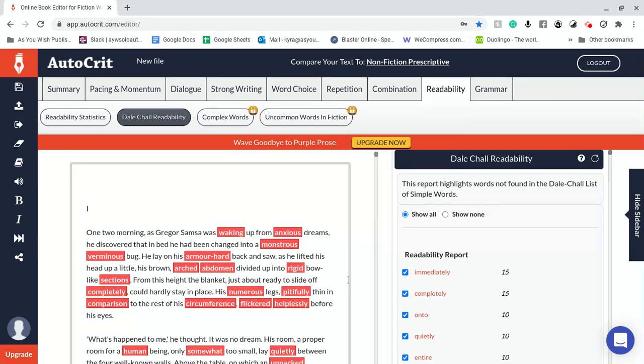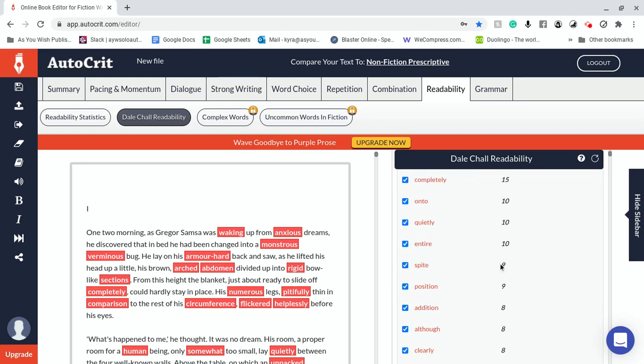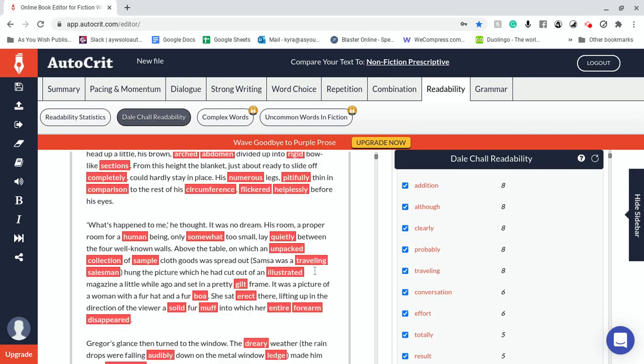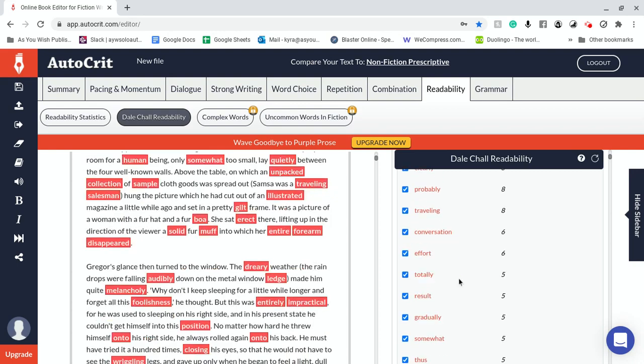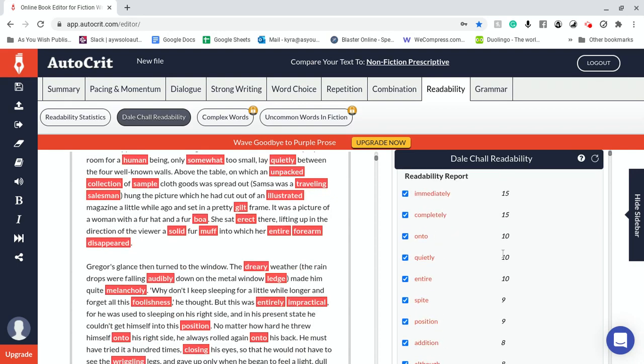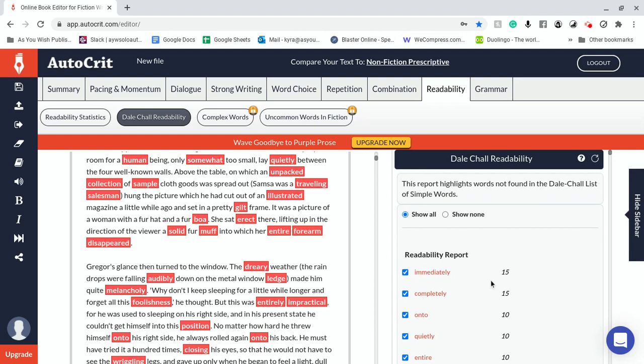And I love this because it helps you to get clear on how you want your work to be presented to the world. I love it. All right. So now it's just giving you some more words that you can change or adjust, and it's telling you the grade level. So I believe it's